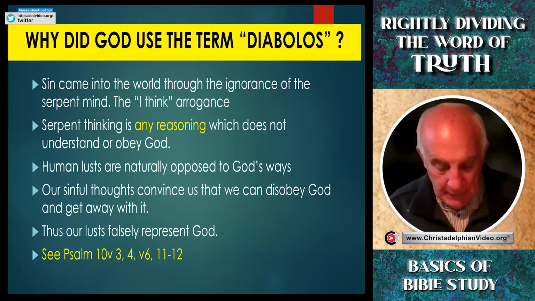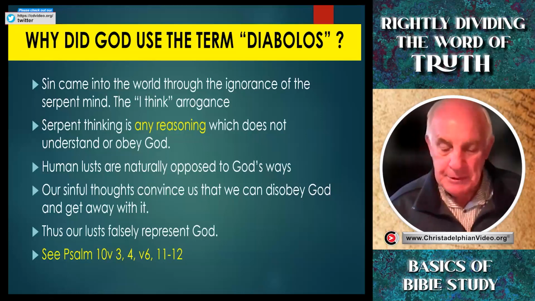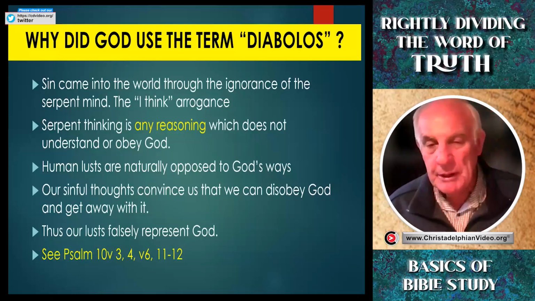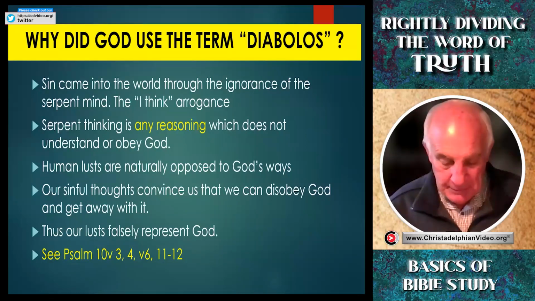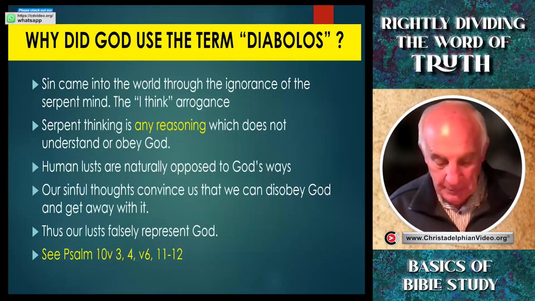He croucheth and humbleth himself that the poor may fall by his strong arm, or by his strong ones. So you have a description here of the excesses of the wicked. Once they get into power, once they have control of the money system, they become excessively dangerous. And they do it all because they believe that God is not watching them and that God will not bring them to account. So the prayer of verse 12 and 13 is very, very important.